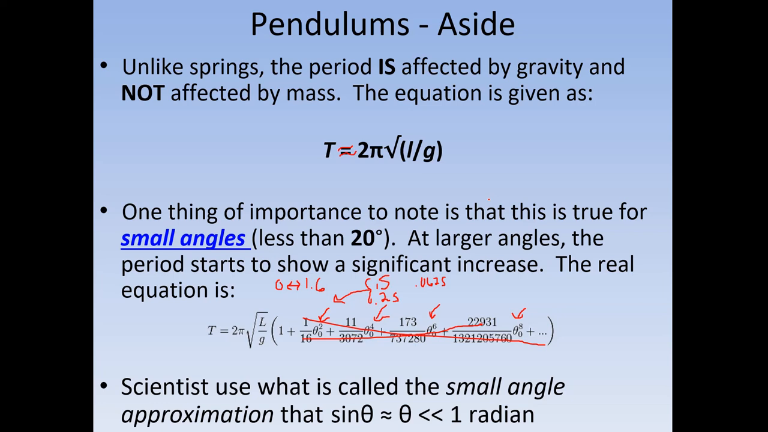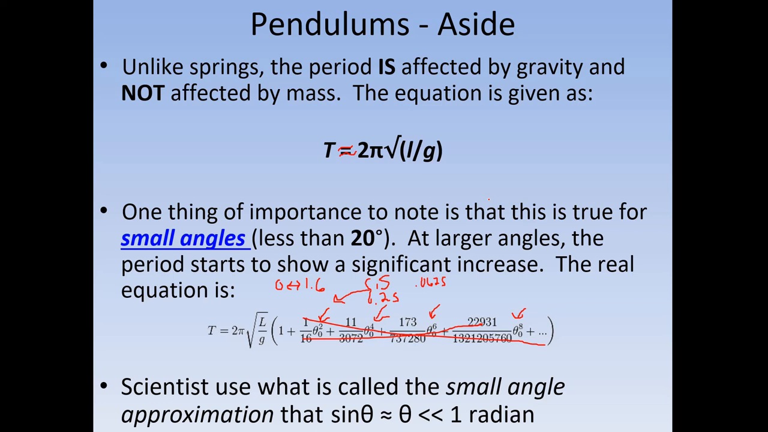So when you see a question like that, and they say the person calculated that the period should have been 5 seconds, but when they did the experiment, the period was actually 5.3 seconds, why was that? Why was the period a little bit higher than what they calculated? What you would do is read the question and see whether they mentioned where the object was being dropped. And if they mentioned the object was dropped at an angle usually greater than 20 degrees,